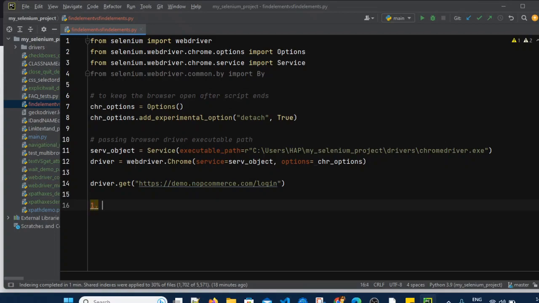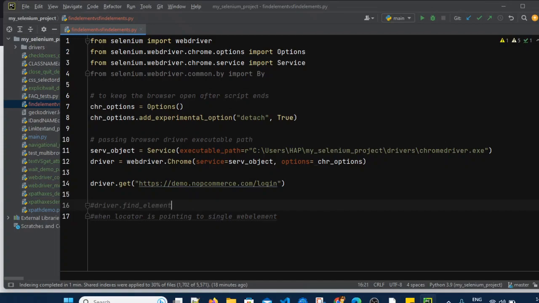The first scenario which we will see is when our locator is pointing to a single web element. So we are first seeing the driver dot find element method.